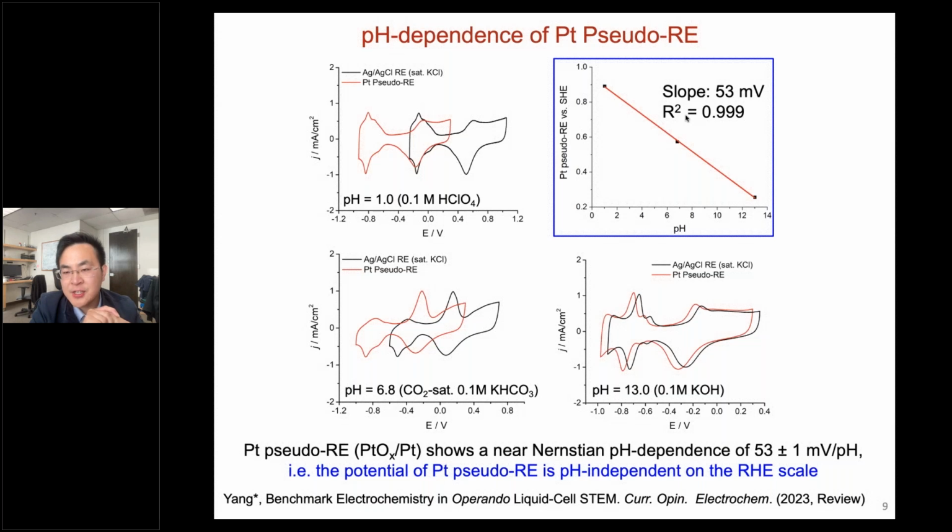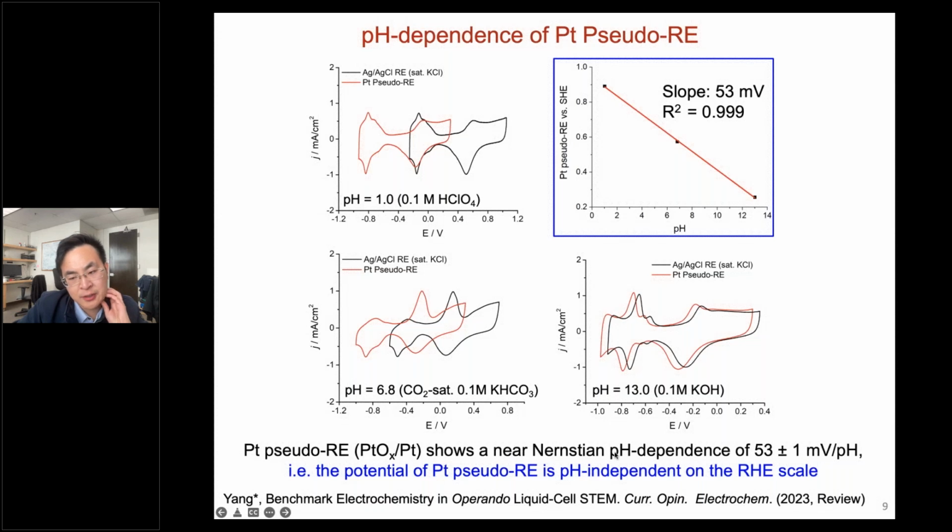So like the RHE scale for the electrochemist, when we use platinum reference for the liquid cell TEM, the potential of this reference does not change as a function of pH, and I do have one comment on this claim later on. This result is summarized in